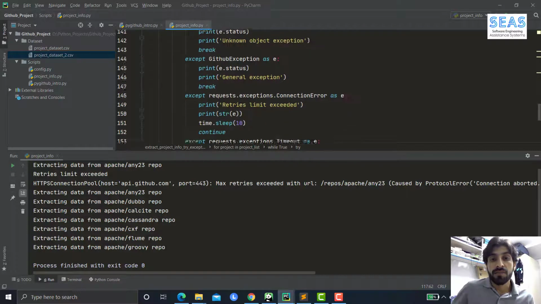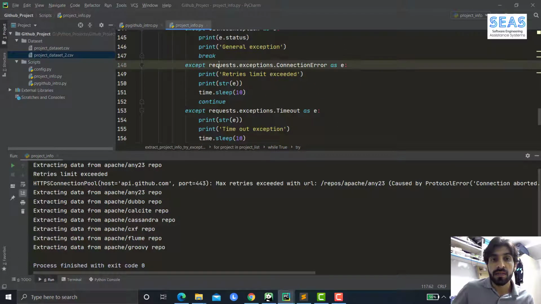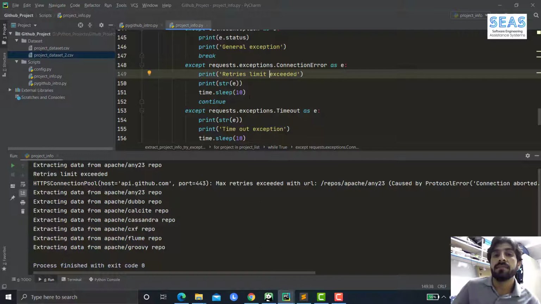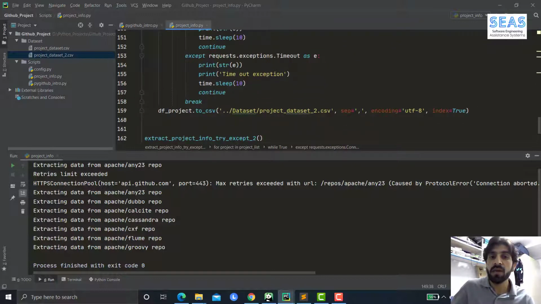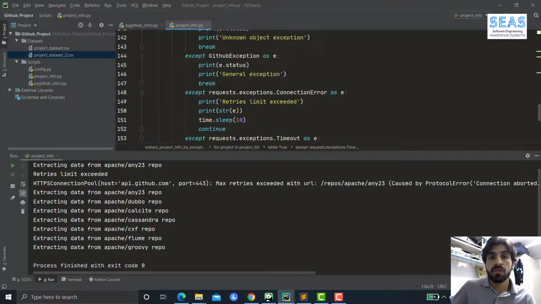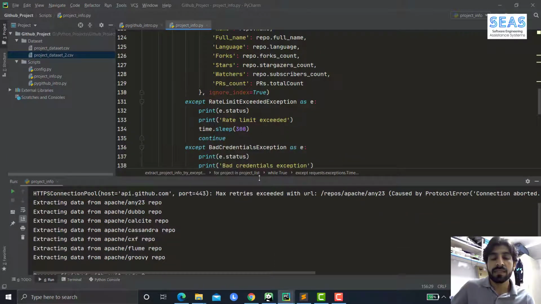Now, in case of limit exceeded, we sleep the system for 10 seconds because it is only the retries limit. Once it waits for 10 seconds and again sends a message to the server and again starts retries, maybe the server is available at that time and your request is entertained. In case of timeout, again we sleep the system for 10 seconds and we continue. So I hope you have understood this code